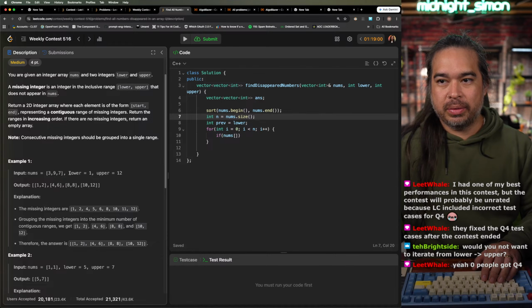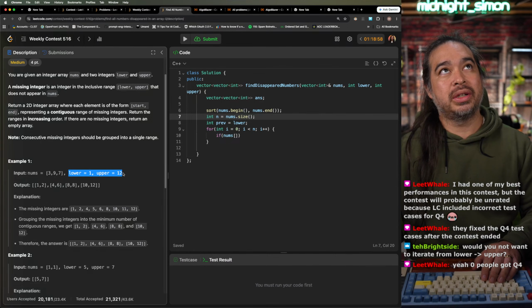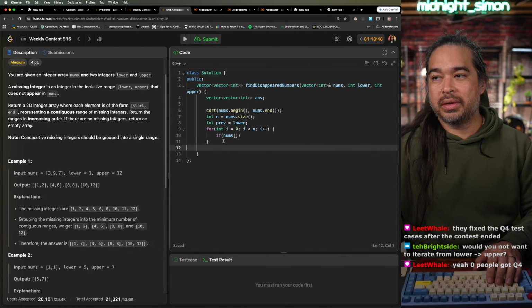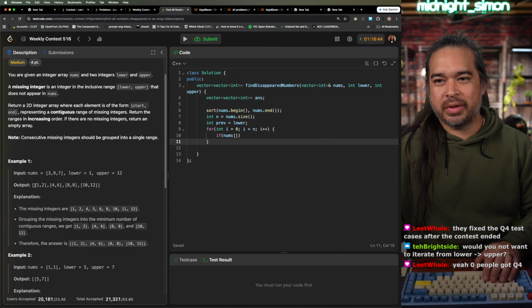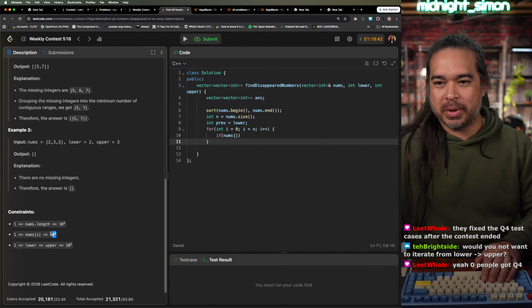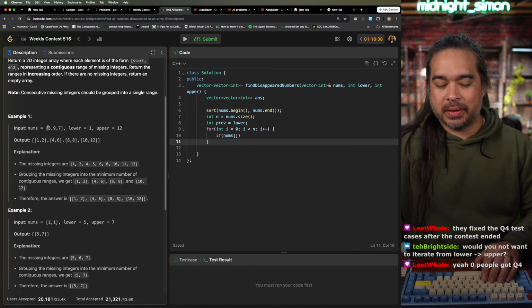So if we went through lower to upper, then it could be done. Should I just do it that way? I don't think it has to be too crazy, man. So if I made a... Yeah, I can do it lower to upper,